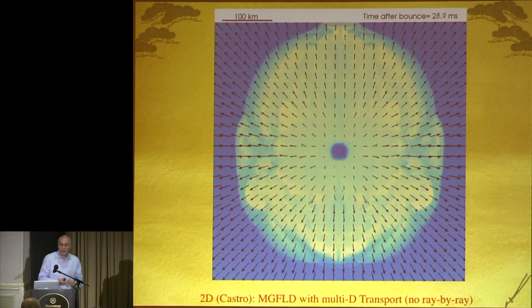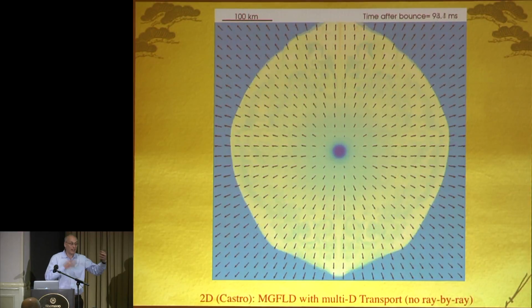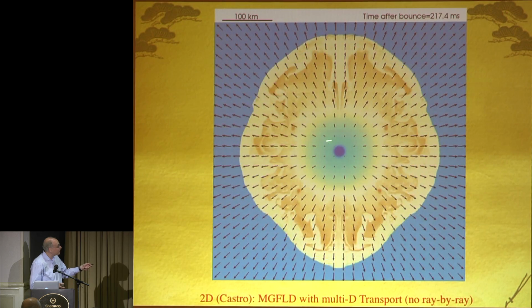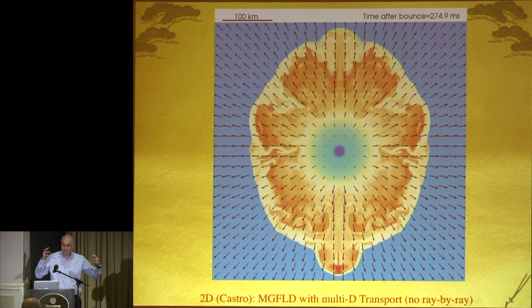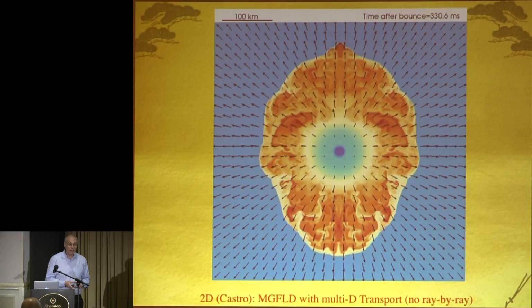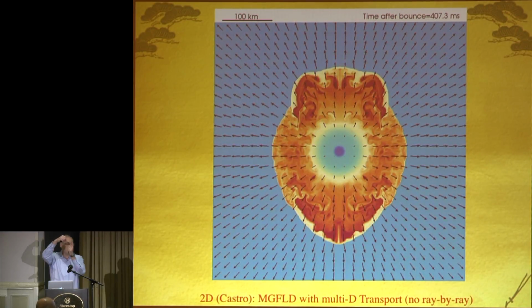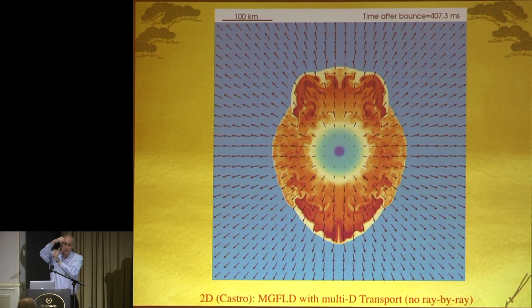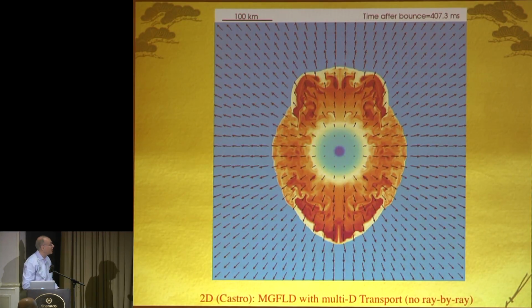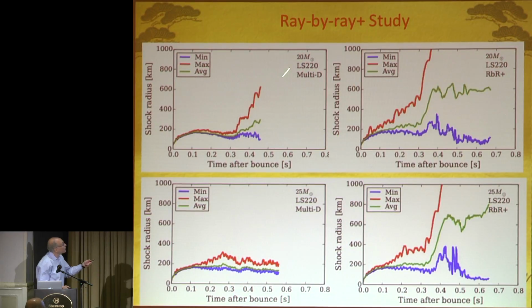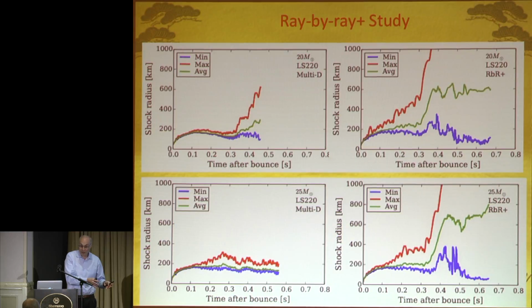When you do transport, even when you have a background of complicated hydrodynamics, the transport vectors, the flux vectors, these are just representative, basically stay almost radial. They dance around a little bit. That's because at one particular point, radiation is produced by fluxes from, or specific intensity rays from many different directions, so it smooths itself out. The ray-by-ray technique doesn't do that. So here's a comparison. The reason many people have been using this technique is that it's simpler and it parallelizes well.